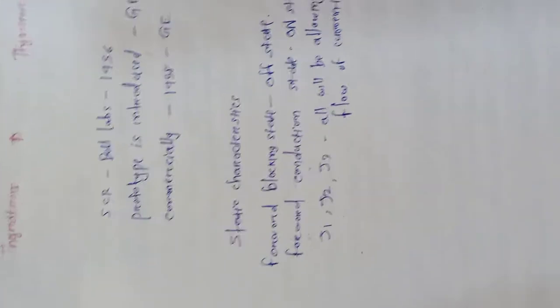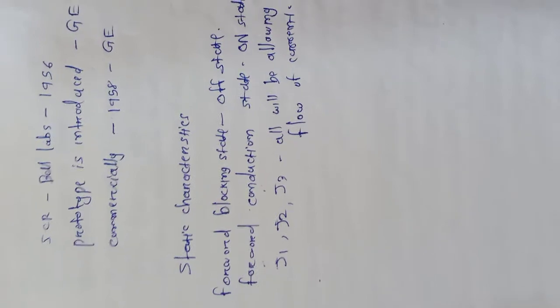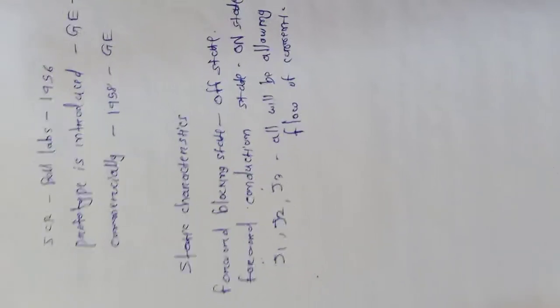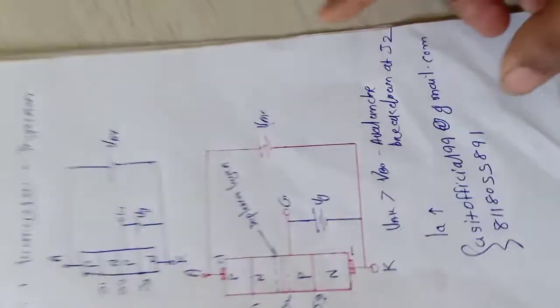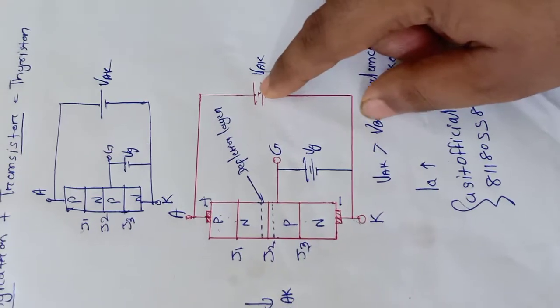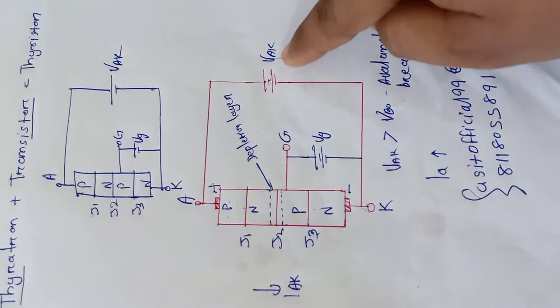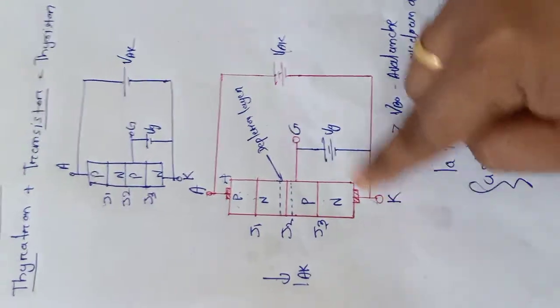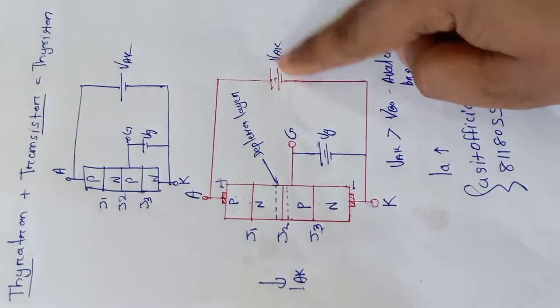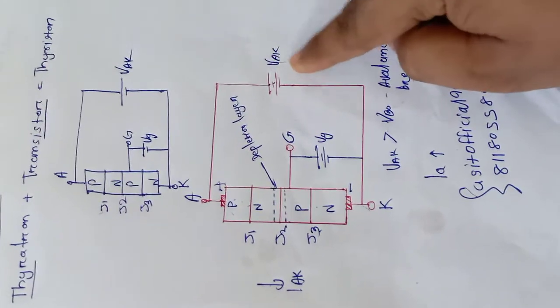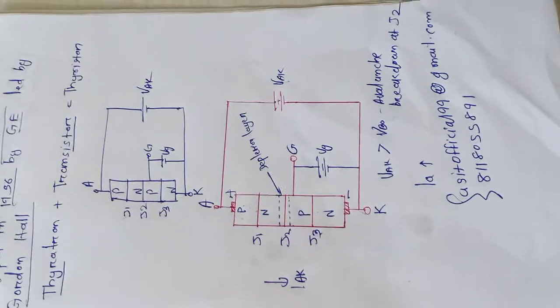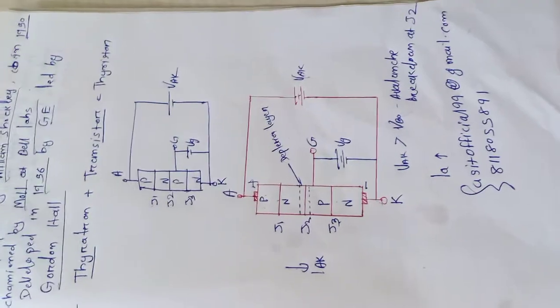So in forward voltage triggering of SCR, what is forward voltage triggering? Forward voltage triggering means connecting a supply positive to anode and supply negative to cathode. So this is called forward biased or forward voltage triggering of SCR. So in forward voltage triggering,